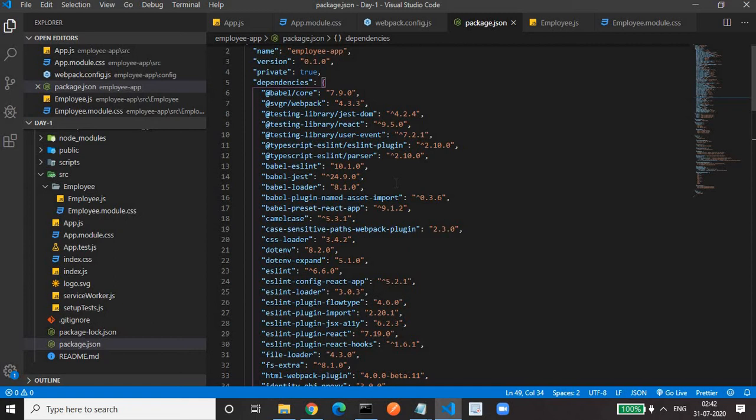only three main dependencies: the React dependency, the React DOM dependency, and the React scripts dependency. Just watch the version of React scripts. If it is version 1.x, then we have to execute a command.